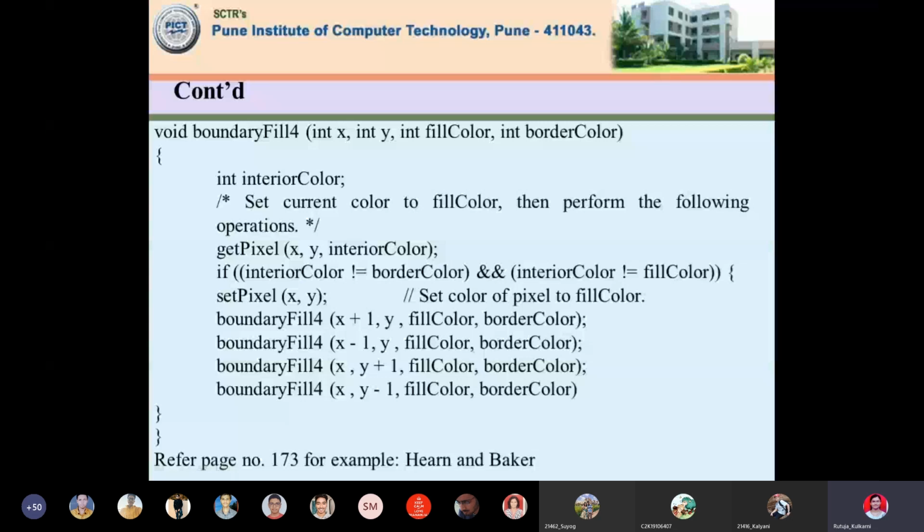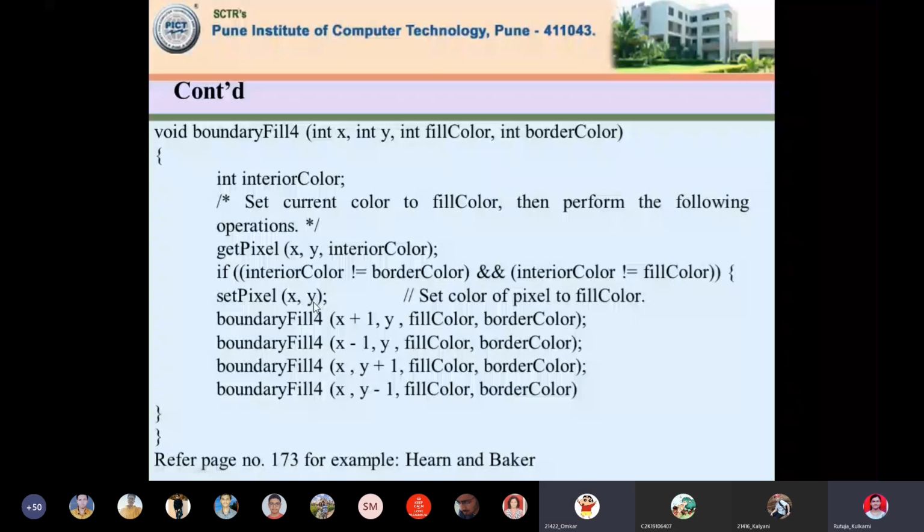Hello, ma'am. Yes. In set pixel, in brackets x comma y, color should also be there, no? Yes, yes. Without color, it won't work. Okay, I will write it quickly. Three parameters are compulsory, and that is nothing but the fill color.